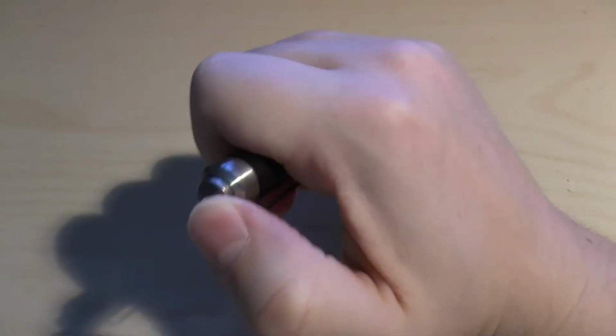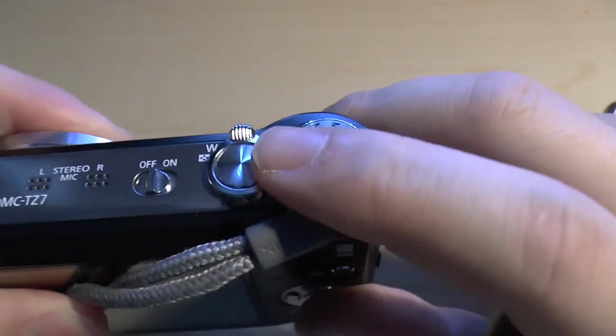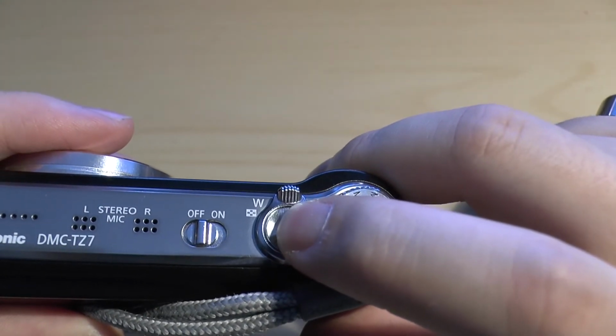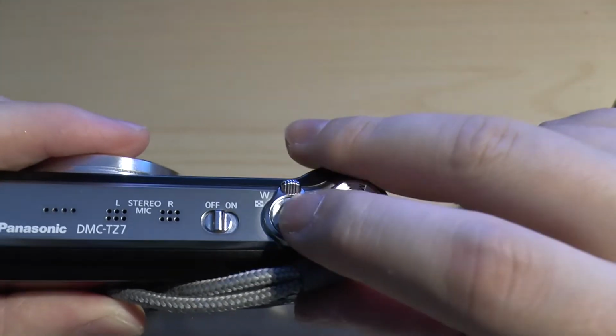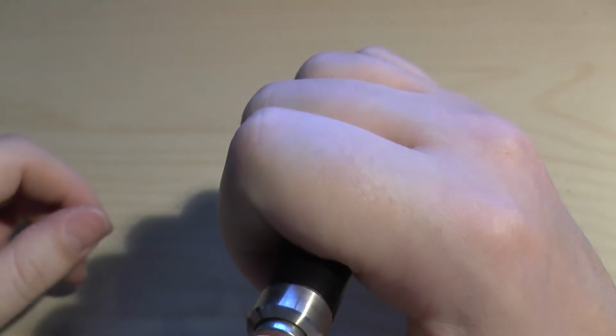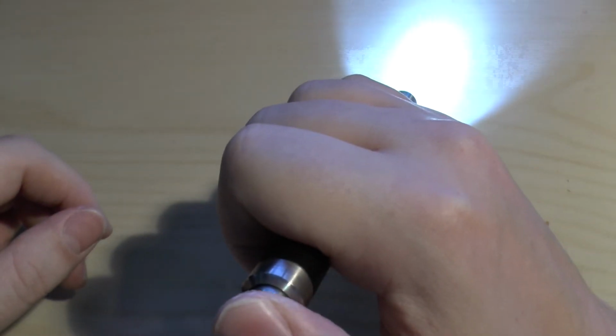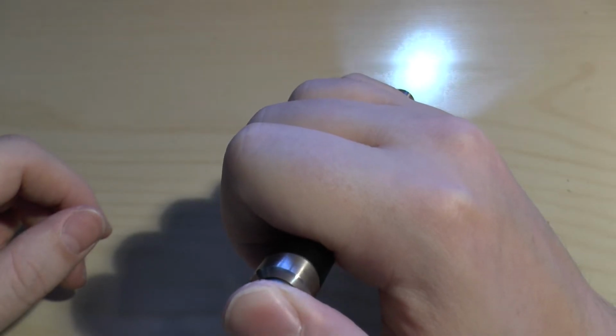You literally, do you know the cameras? I've got one right here. Look at that. This is my camera. You know the camera, when you slightly press it down, it focuses, and then you fully press it and it takes a picture as you point and shoot. Similar to this, you push it all the way and it switches on, and you slightly push it and that changes the